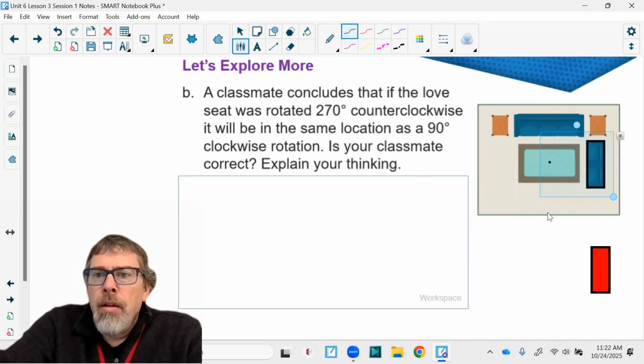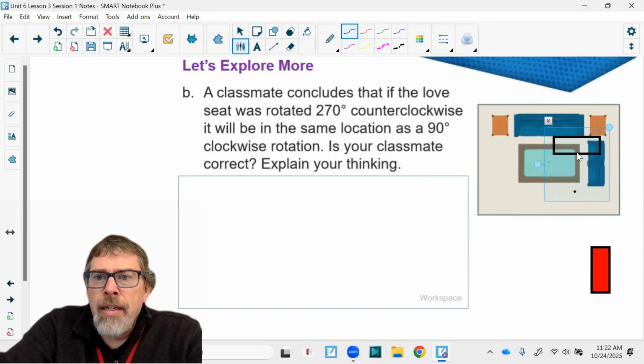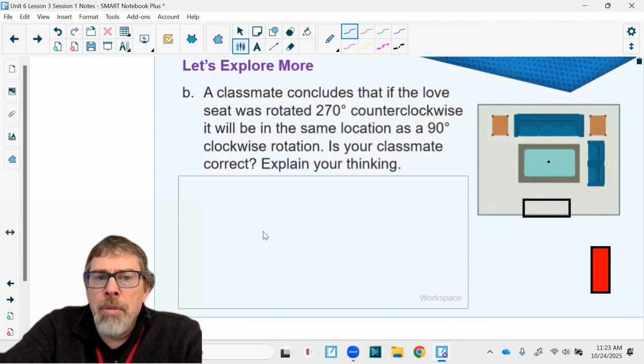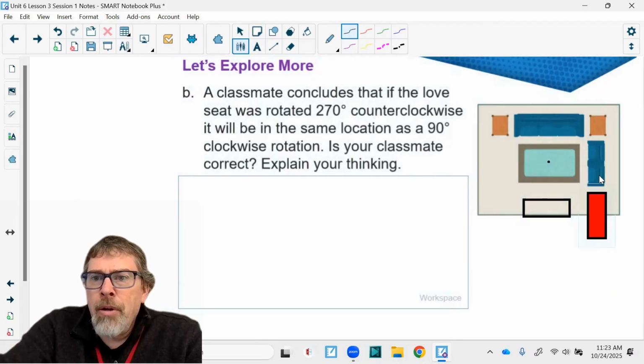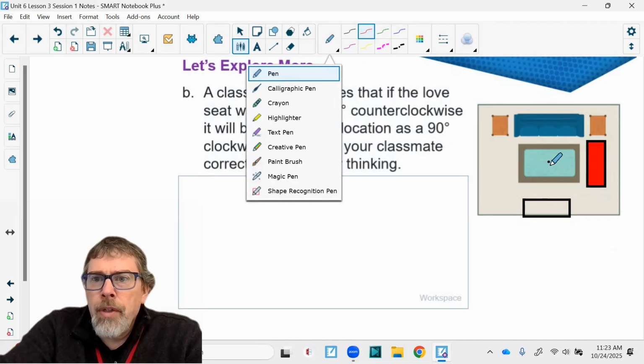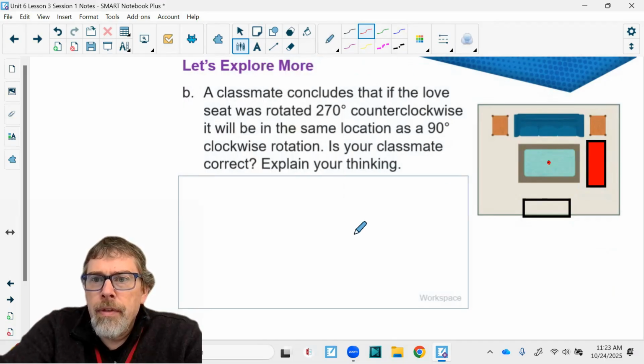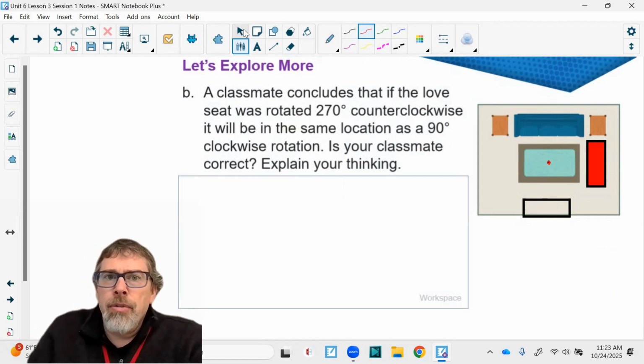So it says if you rotate counterclockwise 270, so there's 90, and this would be here actually. And then rotate it again 90, which is a total of 180 degrees, it would be there. And then rotate it another 90, which is now 270 degrees. It would put the love seat right there. So now if I put this here and draw a red dot right here, and then I combine these two,